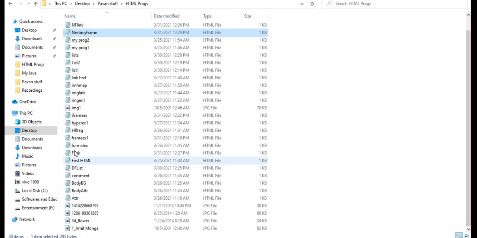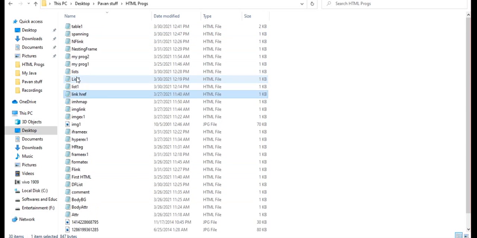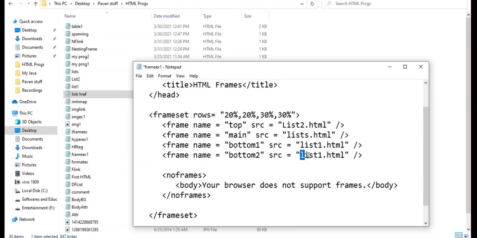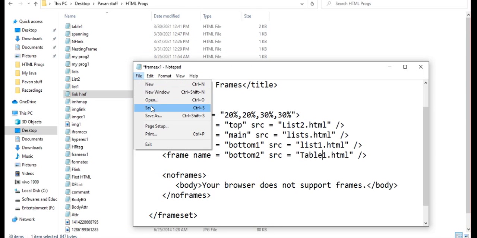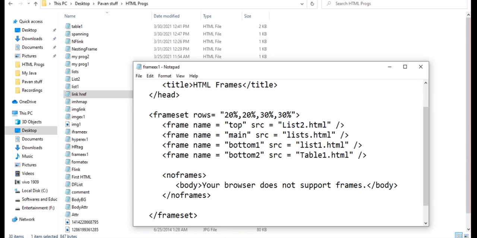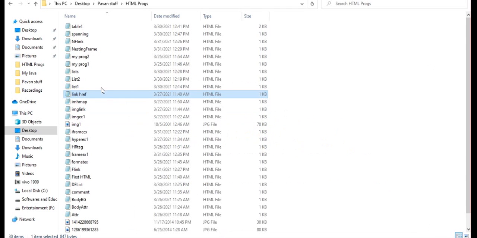Check any program name. Table programs are there. Table 1. Okay, I'll give table 1. Table 1.html. File. Save.